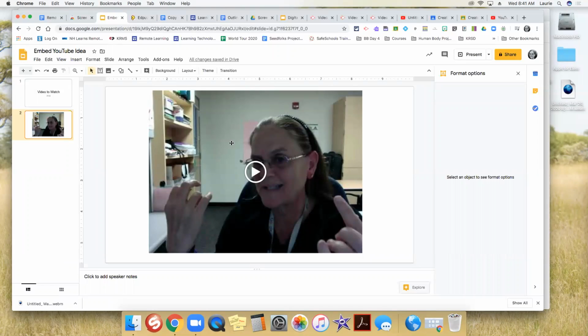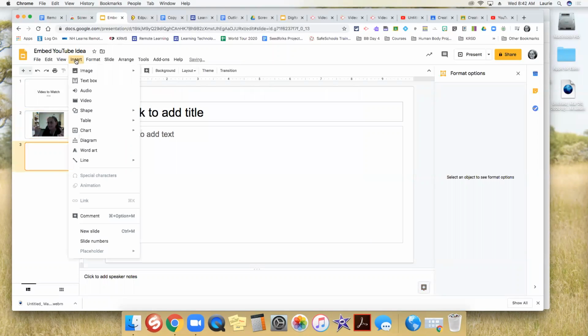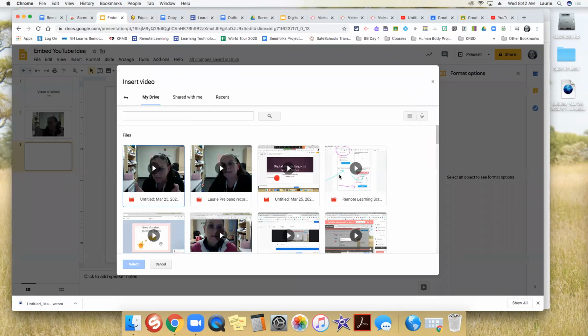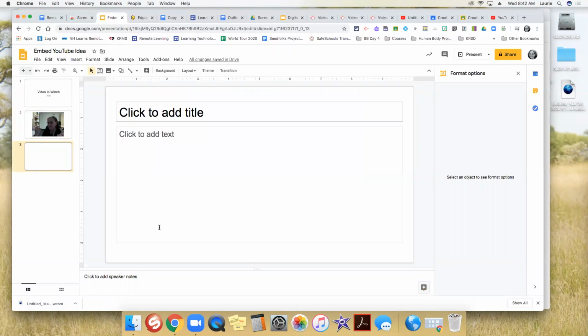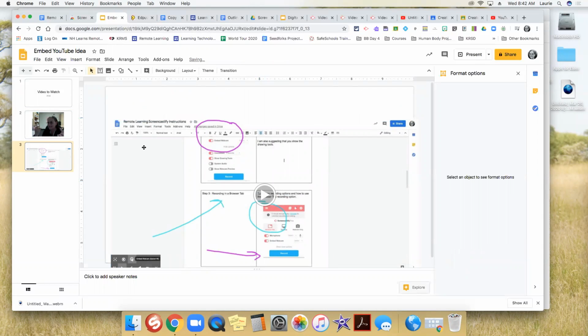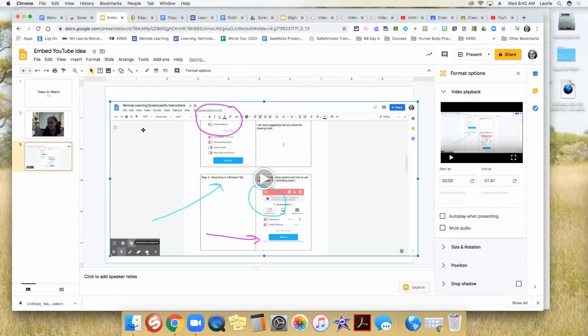So this is either a Screencastify you created that you put on YouTube, or just a video that you put on YouTube. You also can just add videos from Drive. That's not a completely new feature, but it's one that Google added a while ago. So you can put in any video. I just like that if you are going to use a YouTube video, you can start and stop it and you don't get those suggested videos coming up. Sometimes they're kind of sketchy, and also it's just distracting to the students.